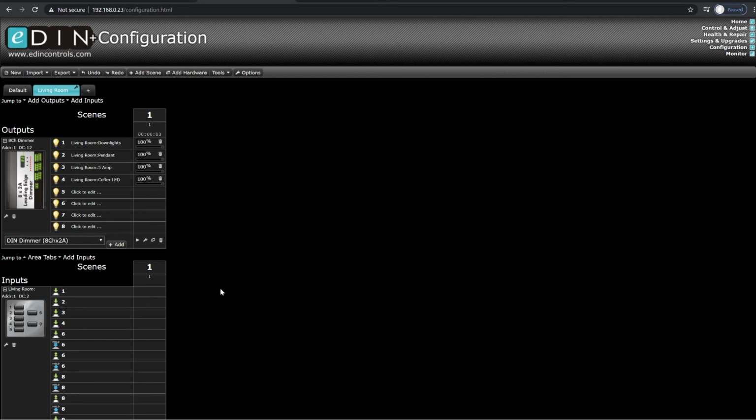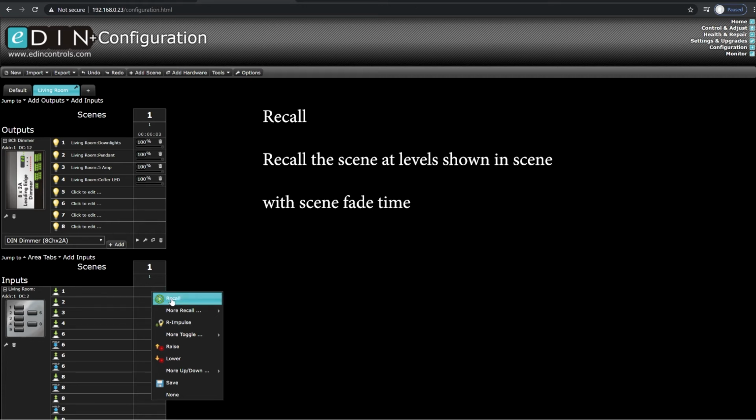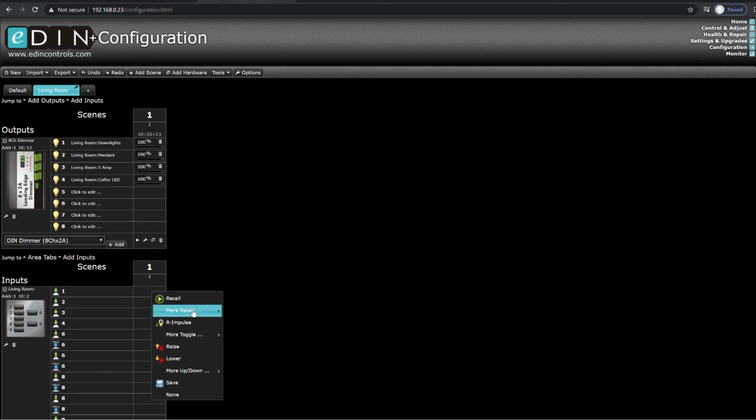Okay, so we've gone through the initial ideas of what events are, but now we need to start describing in a little more detail what each of these things do. So in the box here for button 1, I can start looking at the list and go through it for you. First on the list we have standard recall. This will literally, no surprise, recall all of the levels here over a fade time of the scene. Next on the list we have more recall,